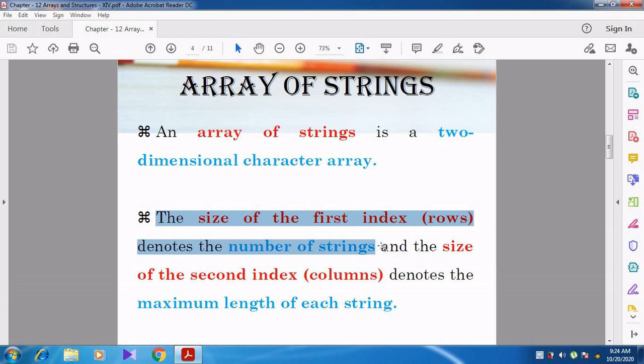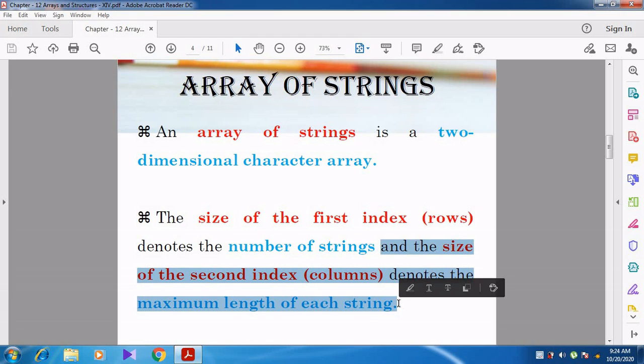Then what about the size of the column, that is, the size of the second index? The column represents the maximum length of each and every string. So in the column index, we specify the maximum length of each string. Can you understand, students? So array of strings means more than one string we are going to store.